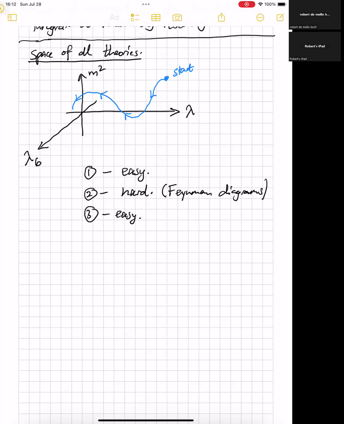Okay, so we want to perform these three steps. We said that steps 1 and 3 are fairly easy, but it's step 2 that's rather hard. So to simplify step 2, we're going to study a toy model in which we can see all of the features that we expect from step 2. So let's introduce now the toy model